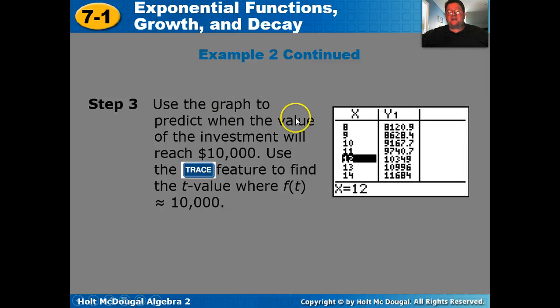Plug in the same equation, this time hit the table. Now, go down and look. Here at 11, it's 9740. At 12, it's 10349. Somewhere between 11 and 12, our value hit 10,000. So this gives